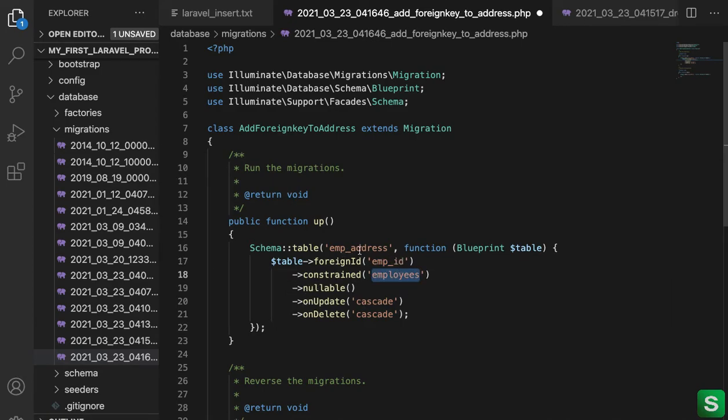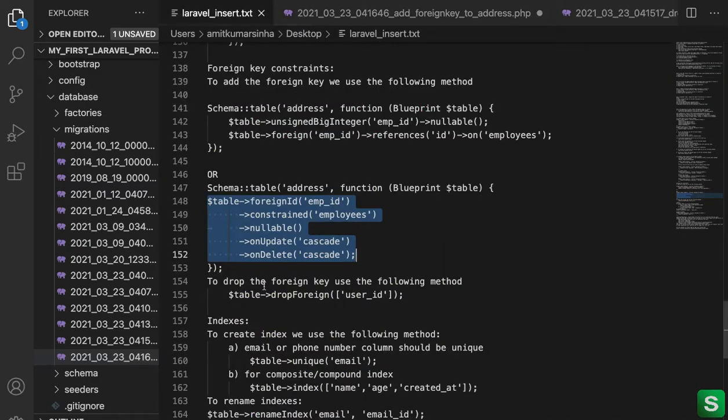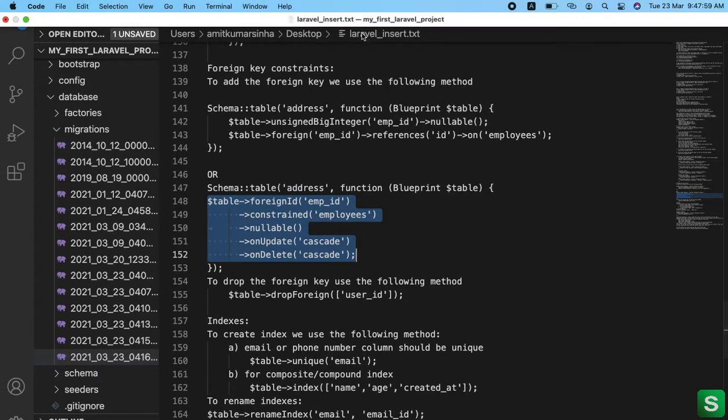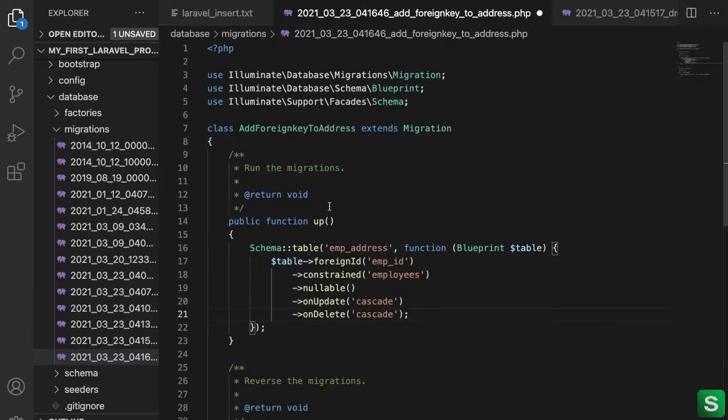This means these fields may be nullable, on update cascade and on delete cascade. Okay, so this is one type of foreign key, and we also have to add one more line here. Okay, this is sufficient. This will automatically do everything, so no problem. We just have to save it.